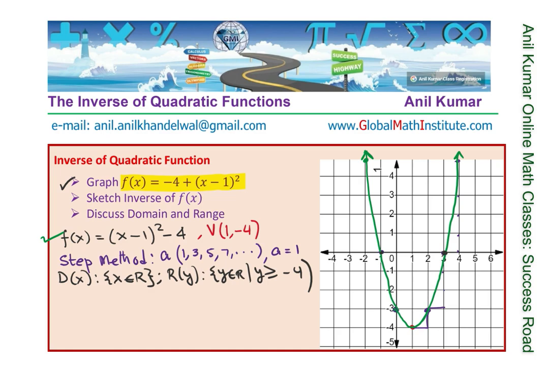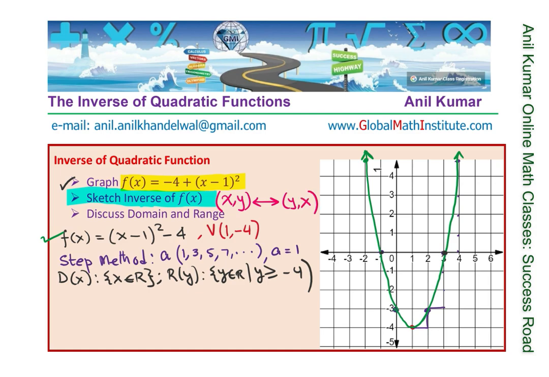the inverse of the function, correct? Okay, so now let's sketch the inverse of this particular function. Now, for the inverse, you know the x and y points really swap, right? So basically the idea is that if I have x, y points on the function itself, we swap them and we get the inverse,